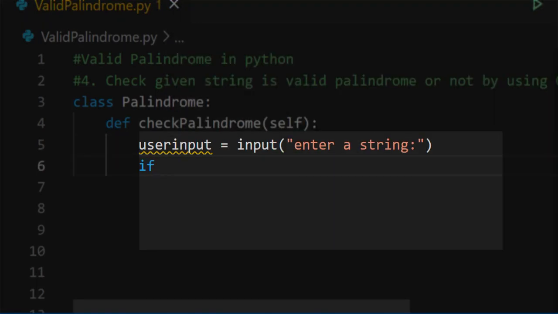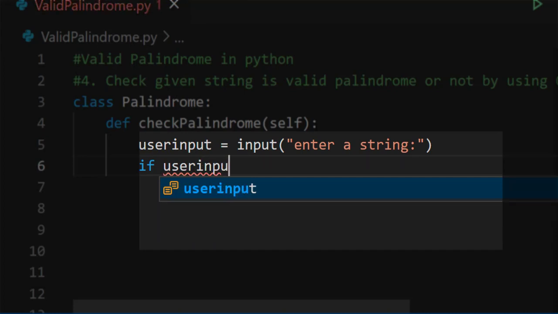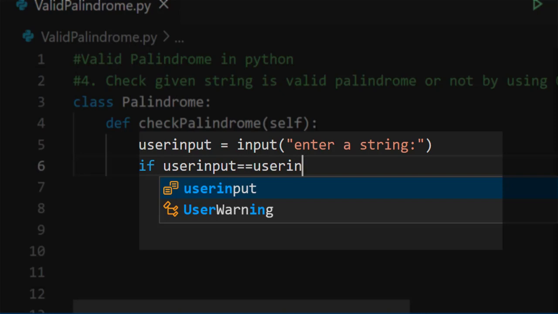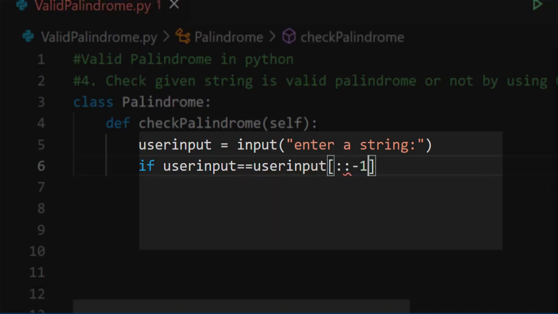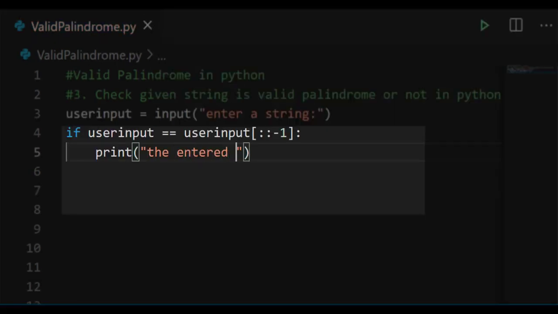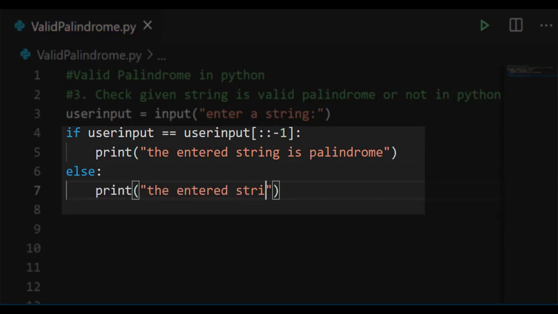Then we'll write an if condition: if user input is equal to user input with slice operation [::-1], then print the entered string is palindrome, else print the entered string is not palindrome.